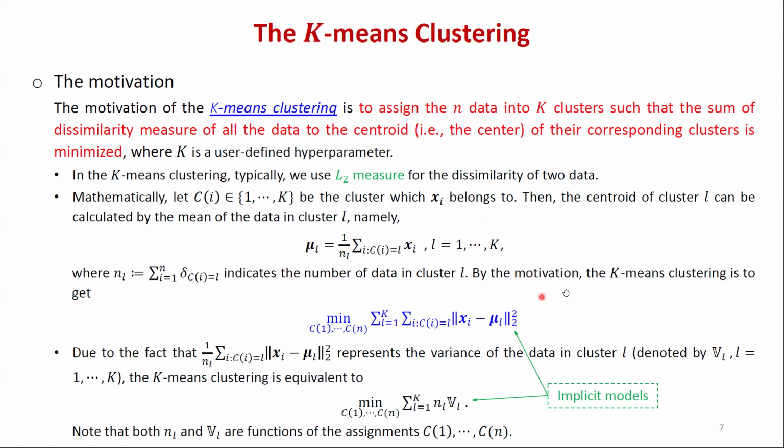Okay, so by the motivation or the definition of k-means clustering, what do I want to do? I want to minimize the summation of all dissimilarity measures for the data to their corresponding centroid, right? So I'm going to minimize this. Be careful that here my decision variables are the mu's and the Cis. Here I wrote it like Cs because mu is actually a function of the Cis. A more explicit model can be written this way.